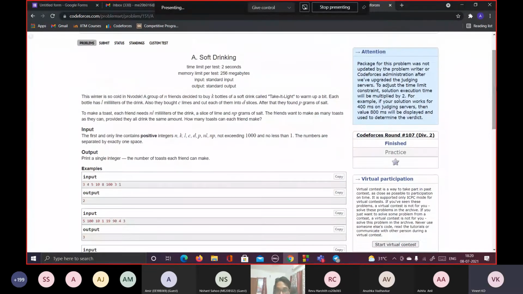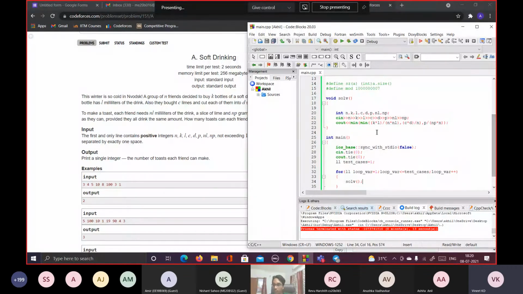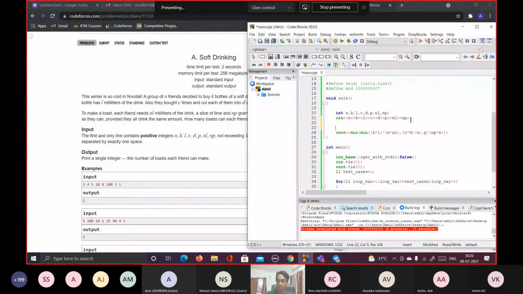So Akhil, there was a request: is it possible to show how we can solve this using if else as well? Yeah, so one thing is you can simplify this process. You can give each of these as a fixed quantity.